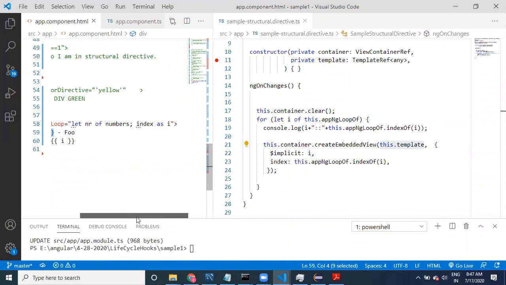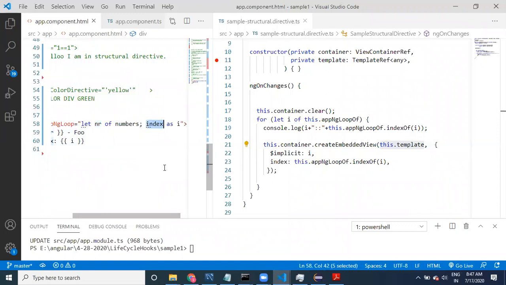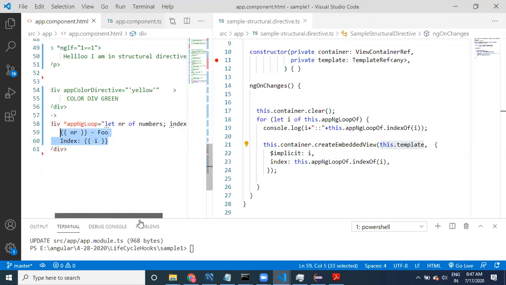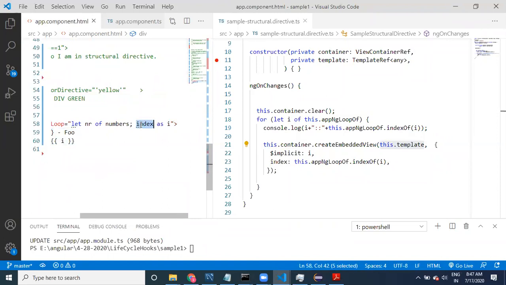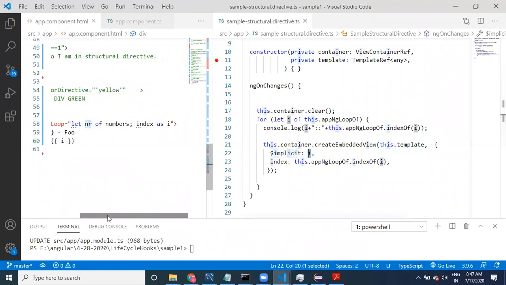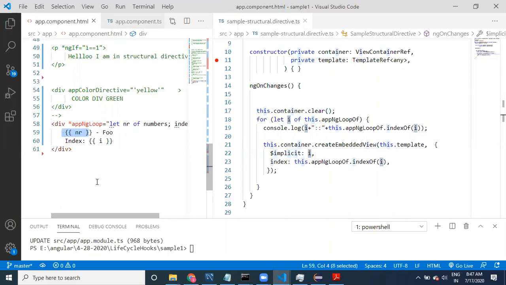How many variables have we created here? This is an implicit variable, from this array, and this is the default index variable. Here in the UI, for the index, whatever value you want, you can use it. Now we are going to call it index. For the implicit variable, what is the value we need to set? I. So that I value is going to be set to this implicit variable.